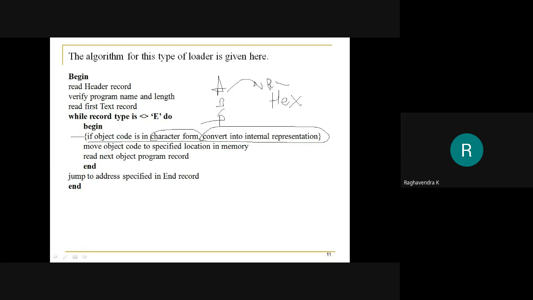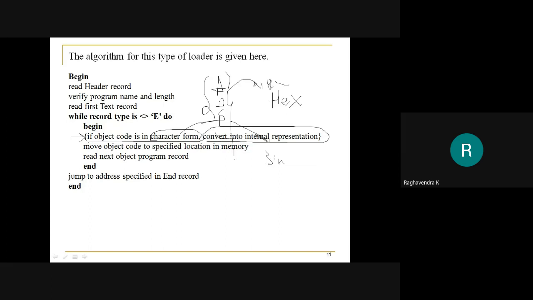That's why this line is put in brackets, because we need not convert all of them. But if you have written something in character format, which is hexadecimal, it needs conversion. Internal representation means nothing but binary.